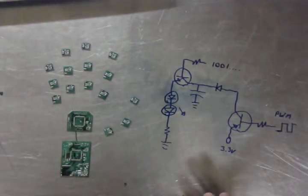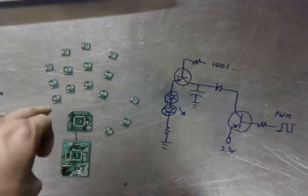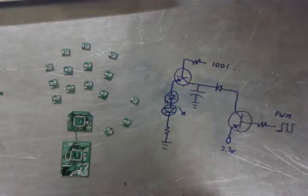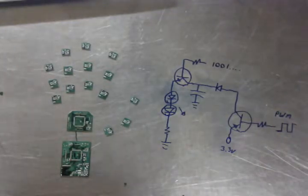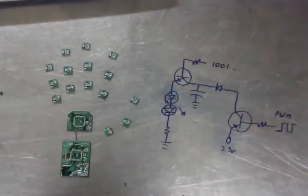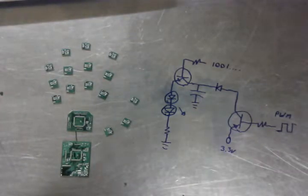Now, this would have been easier to do by tying, say, the DAC pin of the CPU up through into the CPLD board. I wasn't feeling that brave on this occasion, so this gives me some flexibility that, okay, even if your analog modulation idea doesn't work out, you can always just toggle that pin on and run at full voltage all the time. But it would be nice to not have to, given that I put a powerful emitter in here. The IR emitter is a significant current draw,